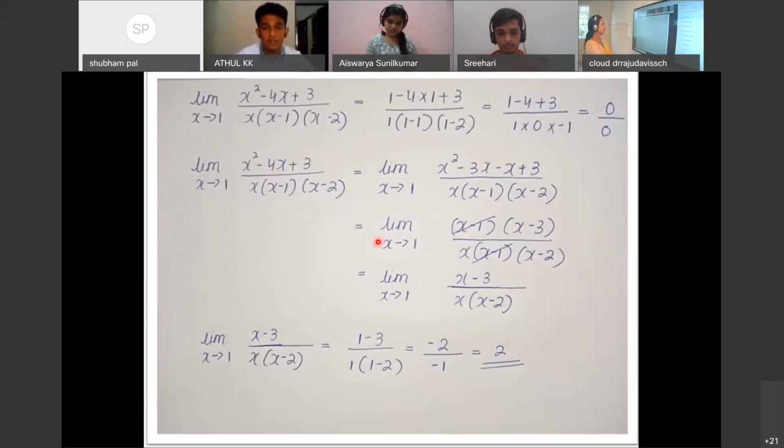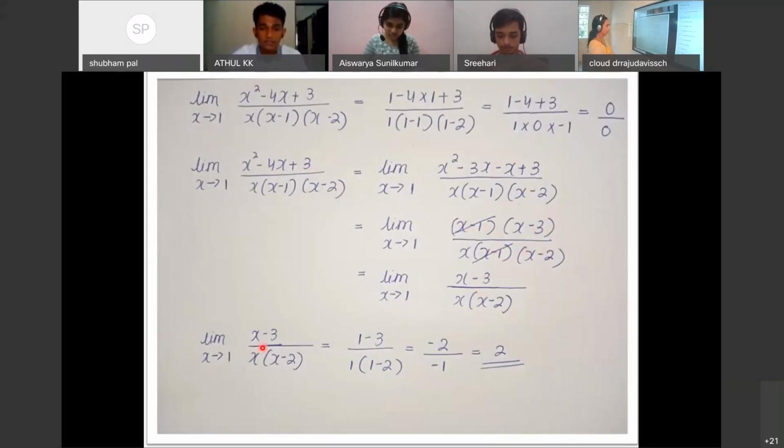So when we factorize the given function, x square minus 4x plus 3 in the numerator is again of the quadratic form. So we split the middle term and we factorize it. In the denominator, we are not doing anything. Then in the quadratic form, we factorize it and we get x minus 1 into x minus 3 by x into x minus 1 into x minus 2. So it is very clear that x minus 1 and x minus 1 get cancelled, leaving us with x minus 3 by x into x minus 2. So that is the factorized function which we have got.